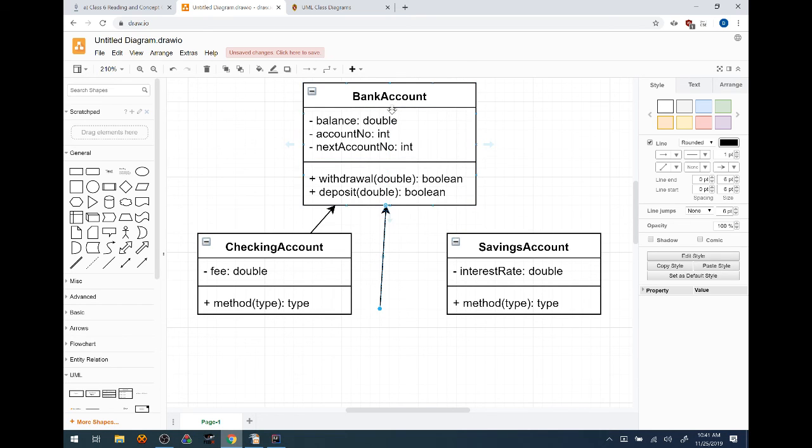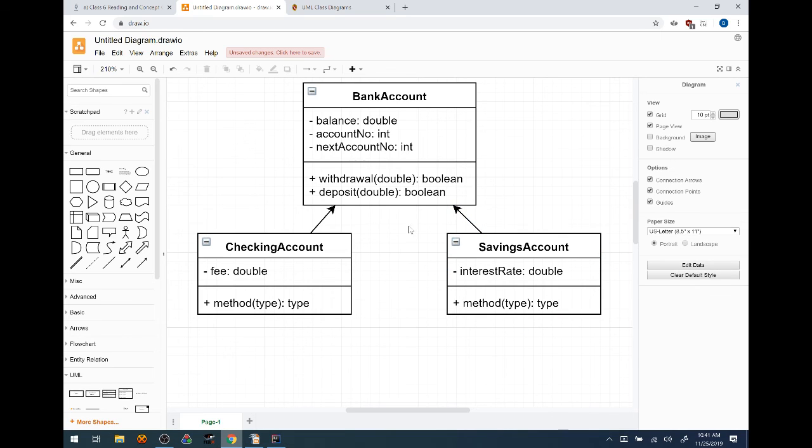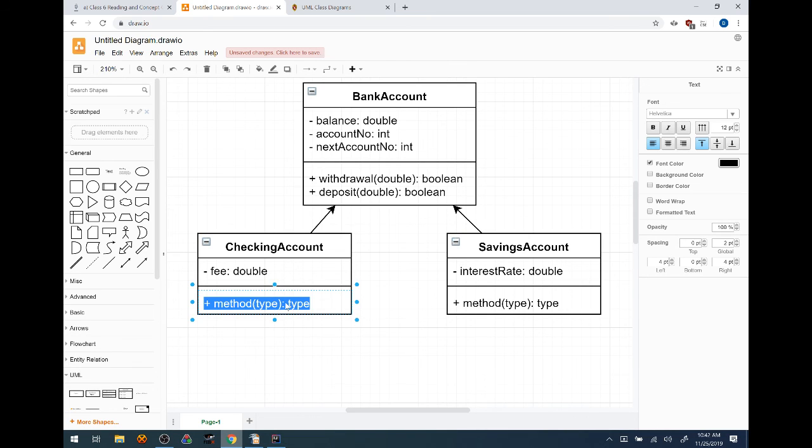I think this was kind of the goal from the beginning, to have an inheritance relationship between these two accounts. So I'm going to inherit the balance, account number and next account number, right, automatically. I've got the fee and the interest rate, which are my new things. And then in terms of methods, what behaviors do I expect these types of accounts to have? So for a checking account, I need to take the fee out, right? I need to charge the fee,